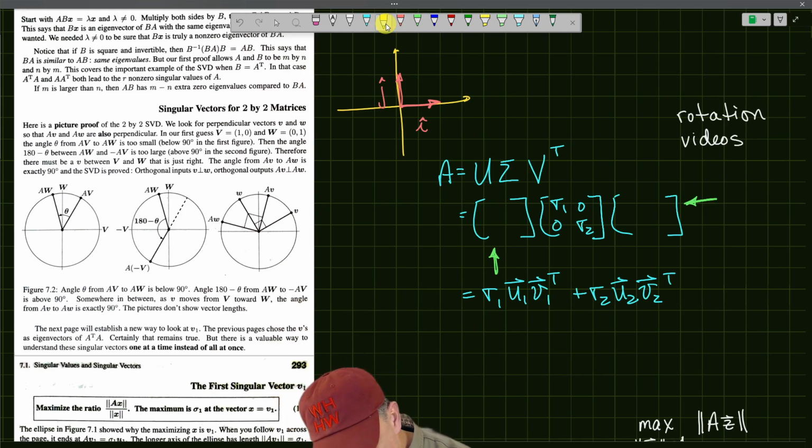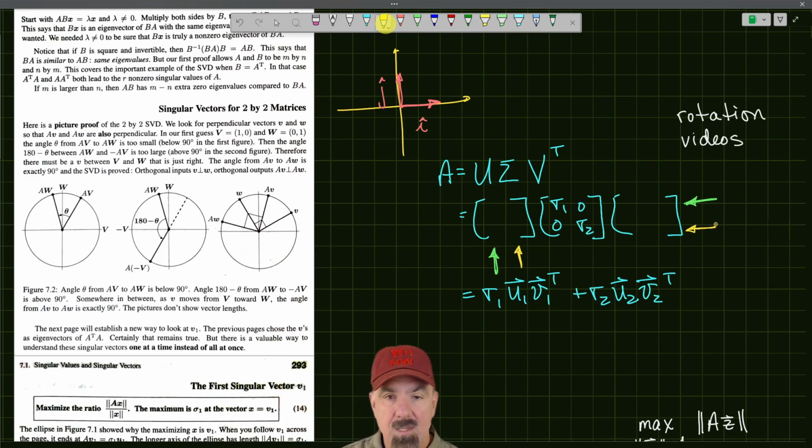The same thing, of course, is true for U2 and V2. So that's where 2 of our 4 options come from. 2 of the 4 options in the rotation, remember we saw 4 different ways that we could set up an orthogonal input and have an orthogonal output. So we could change the signs on U1 and V1 or U2 and V2,